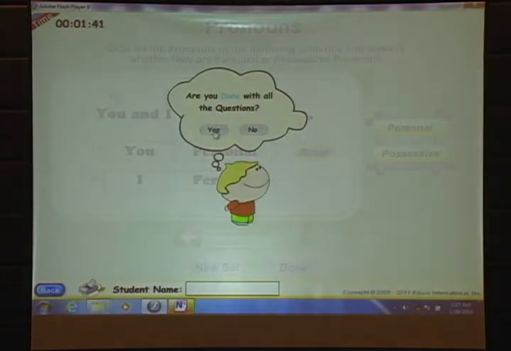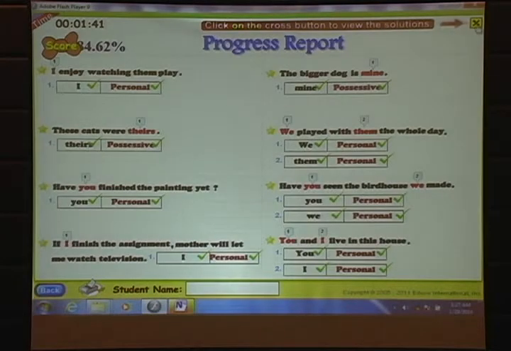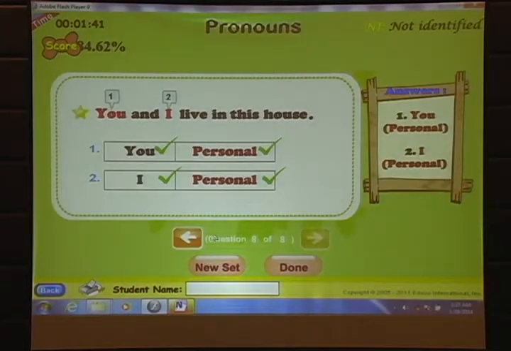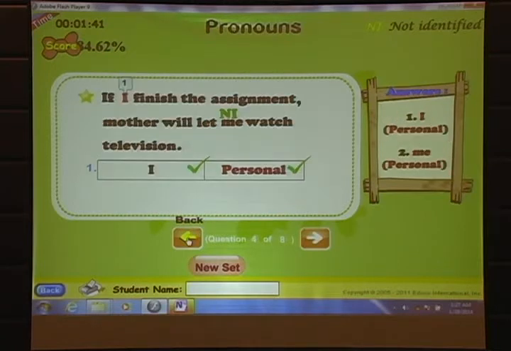Say yes. We made some mistakes. Doesn't matter. That's the way to learn. And click on this for solutions. You can go back, go back, go back, go back.